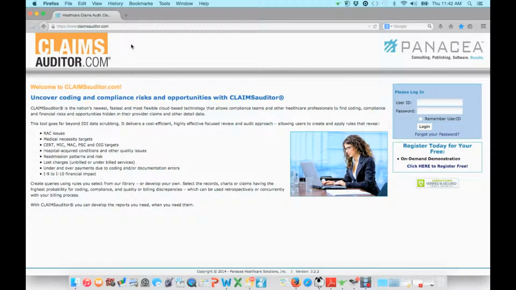For those providers or consultants or auditors wishing to do audits for both DRG, I-9, I-10, CPT, RAC, lost revenue or quality or medical necessity issues, we license the product under the name Claims Auditor. With Claims Auditor,